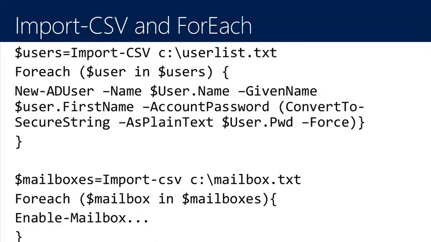So the basic syntax of using Import-Csv, I've got a couple there, one for mailboxes from an Exchange environment on the bottom and one for user management up top. $users, that's just a variable. So we're going to import it, store it somewhere, think of it as a table. It's going to take that table out of a text file and throw it into memory for a little while. And just say, the $users table is Import-Csv, give me where the CSV file is. It doesn't even have to have a CSV extension, a text file's fine. Now the text file itself does need to have a header row across the top. That's the best way to do it.